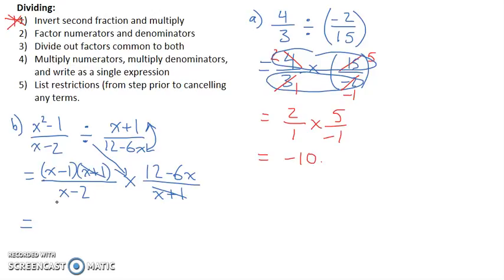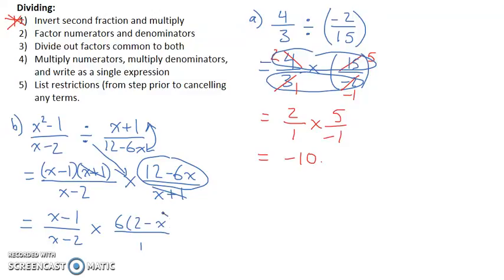The other thing I can notice here is that I can actually factor this 12 minus 6x in the numerator. This becomes x minus 1 over x minus 2 times 12 minus 6x. It's not over 0, it's over 1. There's still a factor of 1 there. But now I can factor that as I noted. And so I can take a common factor out of there of 6. And when I take out that common factor of 6, what you get is